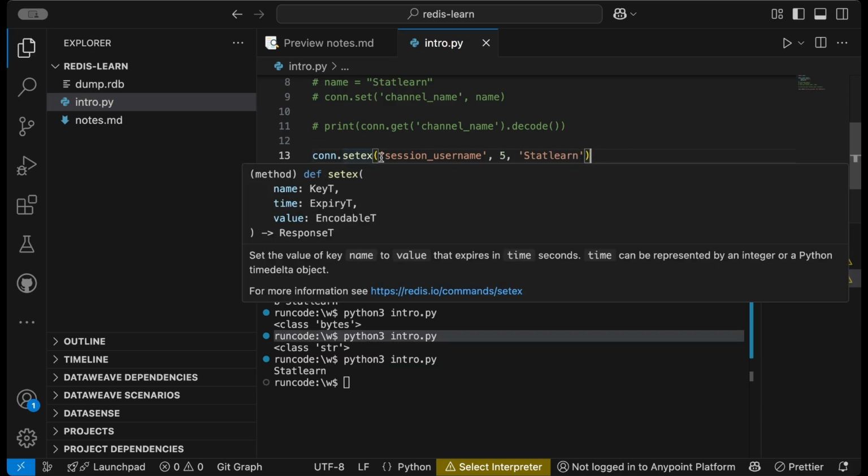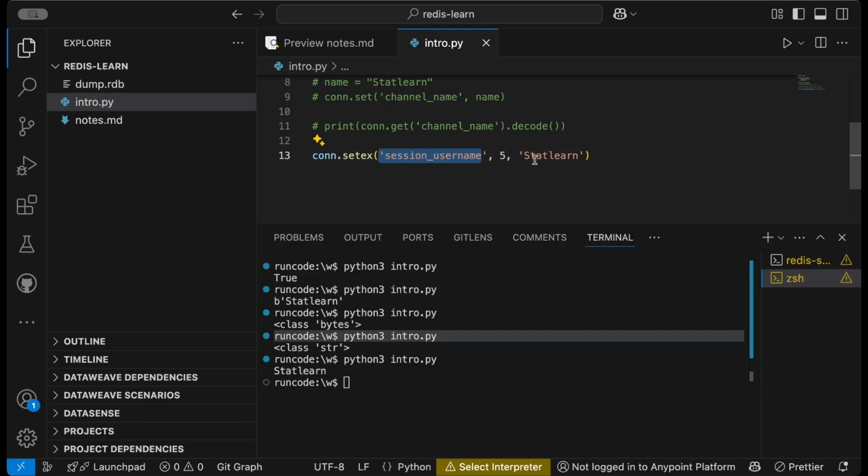What this will do is create this key, session username, with the value stat learn. But this particular data will automatically get expired or removed after 5 seconds. So let us try to do it. You can run the code, and once you run it, this will create the data. Now, how can you verify that this data was created for 5 seconds and after 5 seconds it got